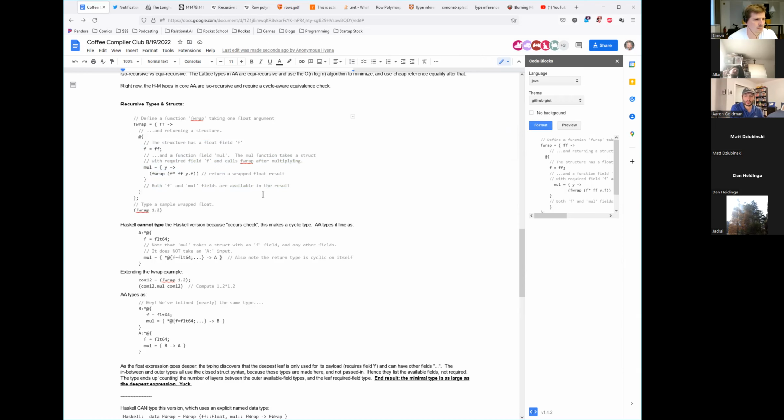But there is a constraint that you pick up from here that says, if I have an F field and a Y, and I have an F field and the struct I just made, and I'm putting them into the same code, those F fields have to have the same layout. Or I need a different instance of the mul field with different F layouts according to what Y looks like. So this may not let me have a straightforward, so easy to understand execution path, layout, the definition or whatever,